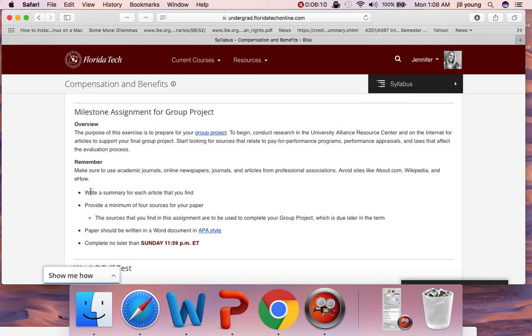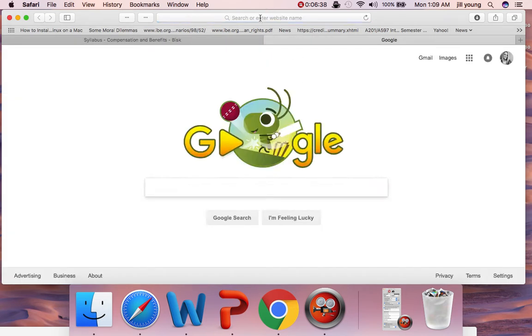So write a summary for each article that you find, and then provide a minimum of 4 sources. So basically 4 summaries. And just write it like an essay. Give me a quick introduction. I need a short conclusion, but the body of it should be just the summary of each article. That's all it is. APA format is required. And when I say that, I'm looking for